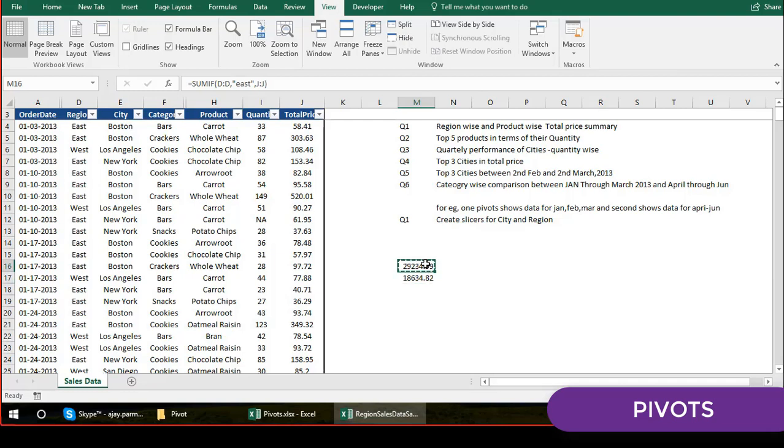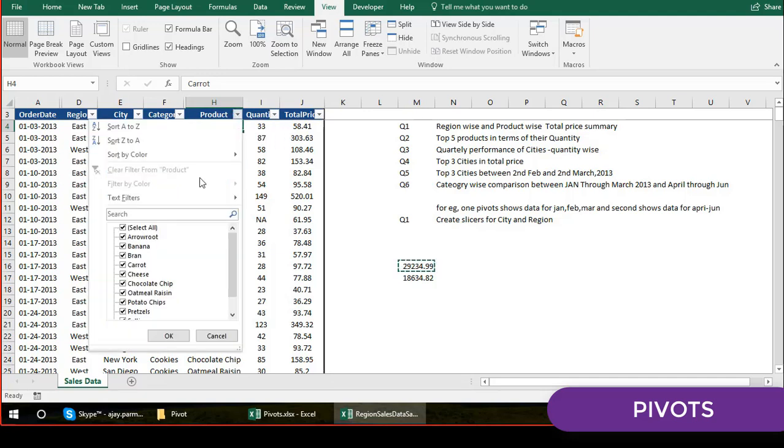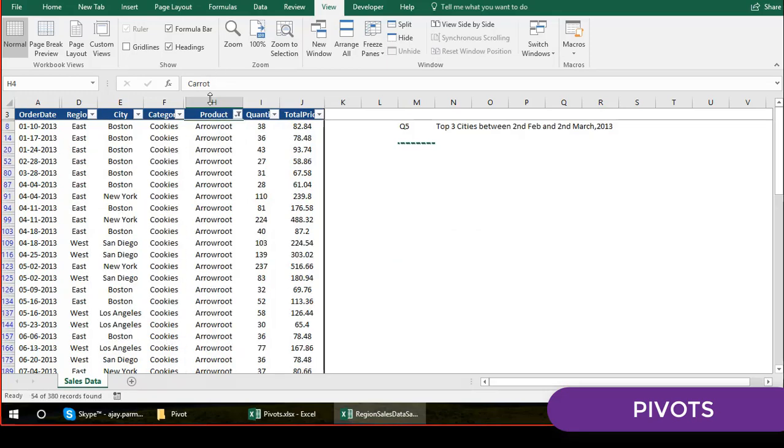Now also for the other reason, you see that you have the top 5 products in terms of quantity. So you want to check what are my top 5 products I have sold so far. So obviously if you look at this, maybe you can again go and use the SUMIF, but just understand then you have to use the SUMIF for all these items one by one, right? So maybe let's say there are so many items here. So if I want to check arrowroot, you see that arrowroot has been sold with a different number of quantities on the different dates.